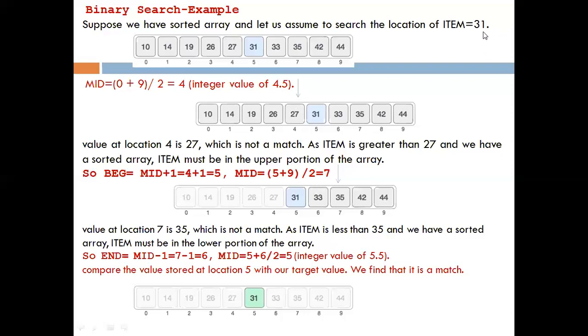You can see we are searching for 31. We are comparing 31 and 27. The value at location 4 is 27, which is not a match. And this item 31 is greater than this mid element 27. So definitely, since the list is sorted, this 31 cannot be here. It will be after this mid element 27. So the item must be in the upper portion of the array, and hence